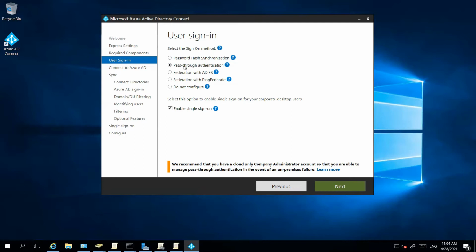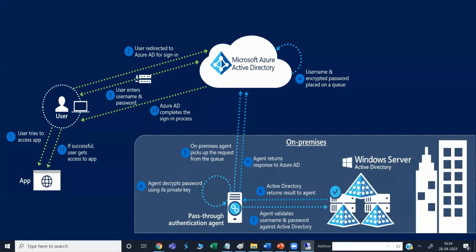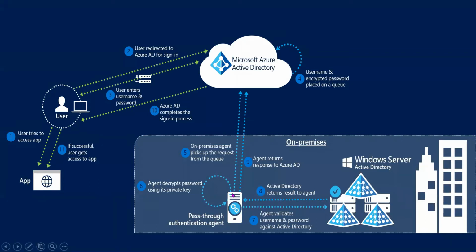When I set this pass-through authentication, what will happen? One agent is going to be installed here. In this PPT, you can see that there is a pass-through authentication agent, and this agent is very critical in this sort of authentication. This agent is picking up the request from the queue and sending it to the on-premises Active Directory.